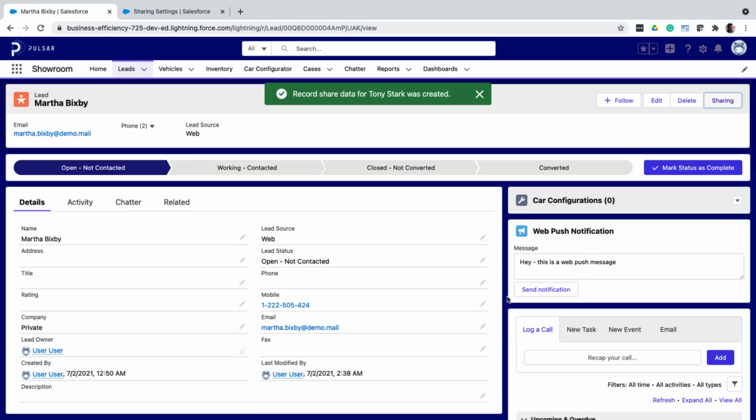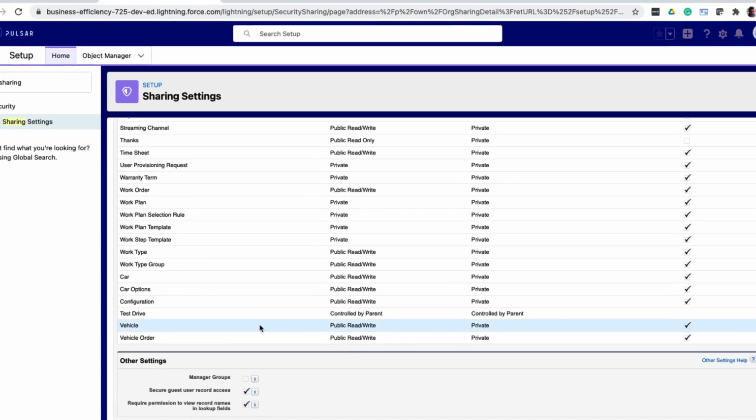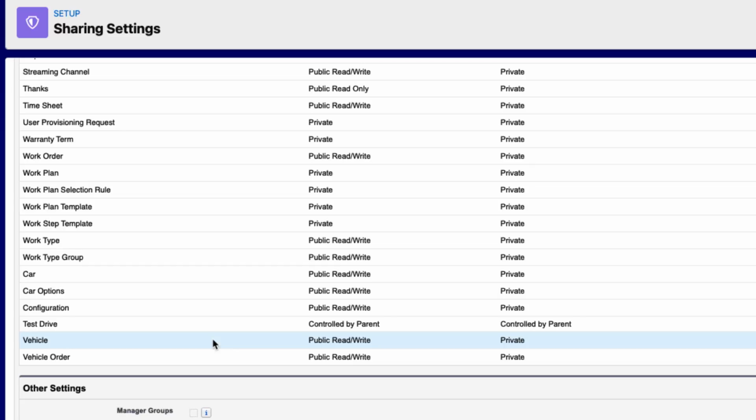Let's now look at one final example to completely understand the sharing model. So in our car showroom app, we have the vehicle object, and since everybody should be able to see and edit all the vehicles, I have given the OWD as public read-write. But when it comes to test drives, I should only be able to edit the test drive records that I own, and others should only be able to see the test drive records that I own, but not edit them. So another user shouldn't log in and just change the time of my test drive. So ideally for test drives, the OWD should be public read only. That makes sure others can see my records but not edit them, correct?